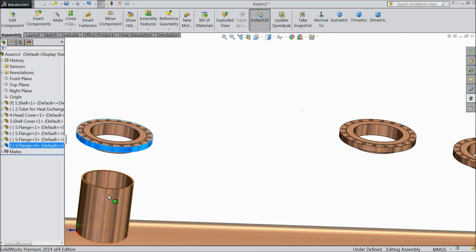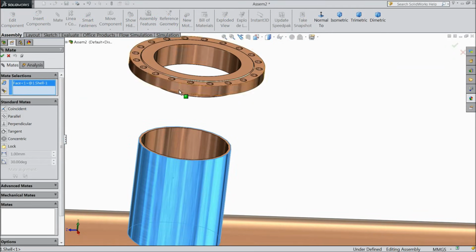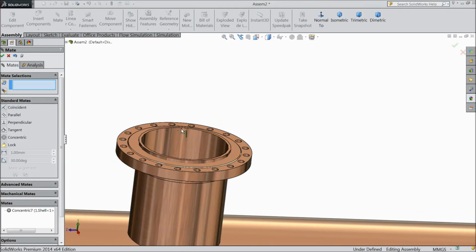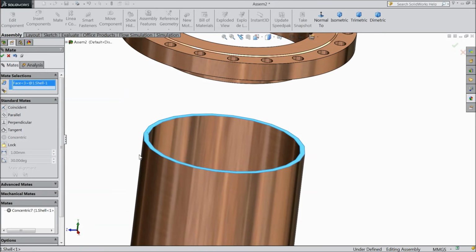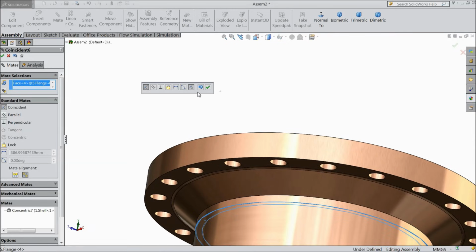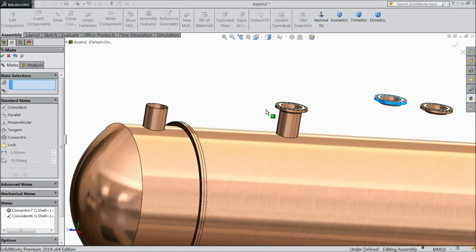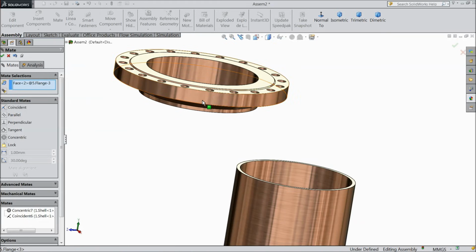Now just drag it here. Choose mate. Select both the faces. Select top faces and this face. Coincident. Okay. Now drag these two here. Select this up.